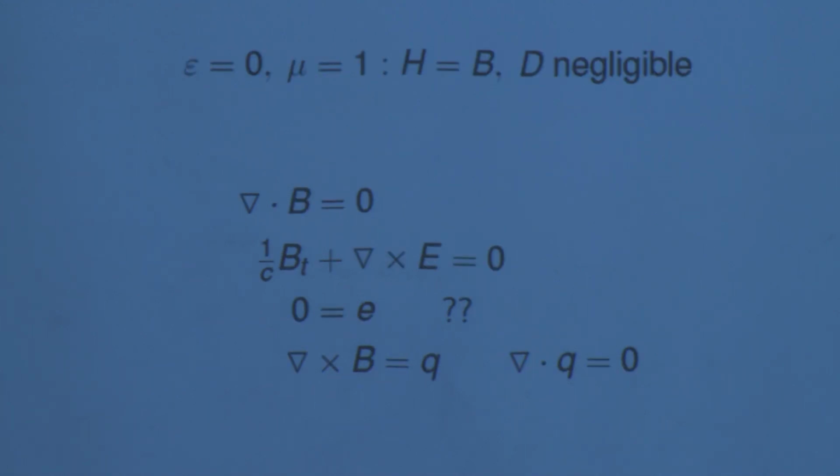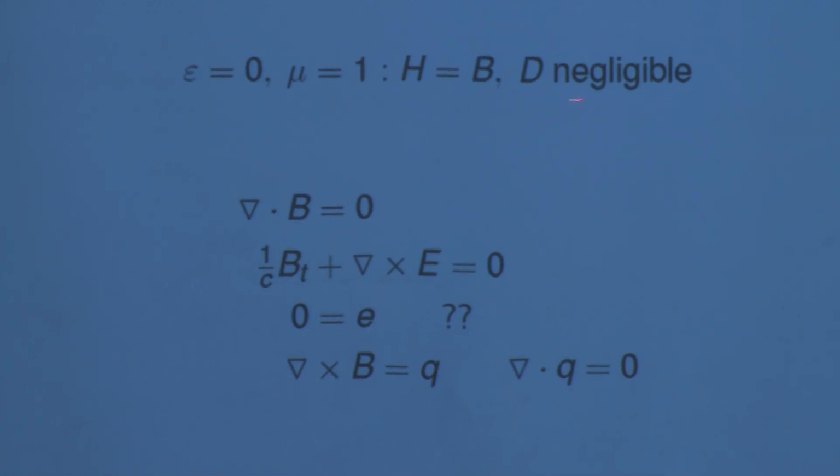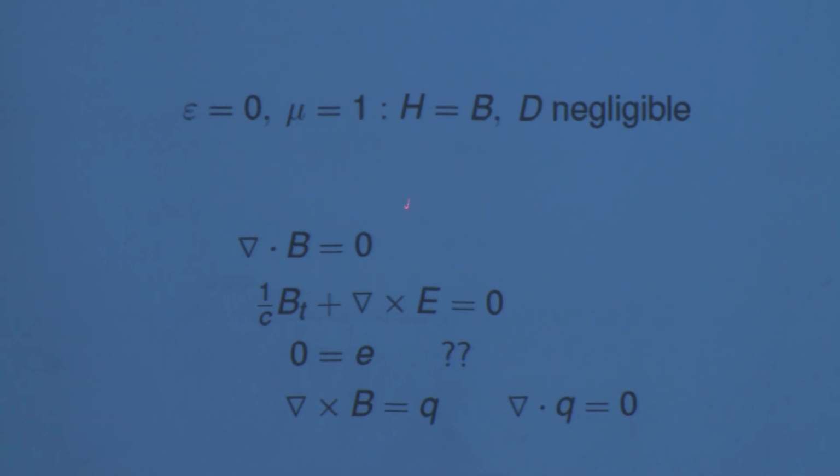Okay, now the alternative is to neglect the electric displacement and take the magnetic permeability equal to 1, which means you're ignoring the electric displacement and taking H equal to B. And this approximation is very much less attractive. You save the solenoidal magnetic induction, and you save Faraday's law, but now this should be div D. You need charge neutrality. And you ignore the displacement current, so you recover the original Ampere's law. In this case, conservation of charge is just div Q equals 0.